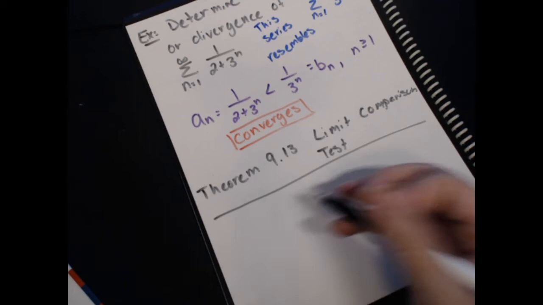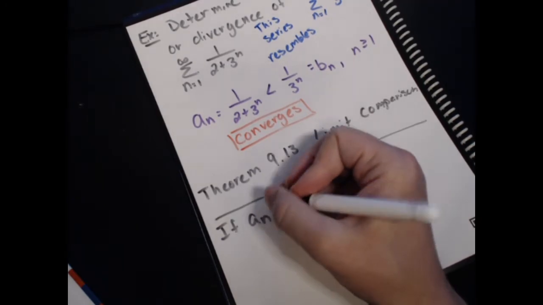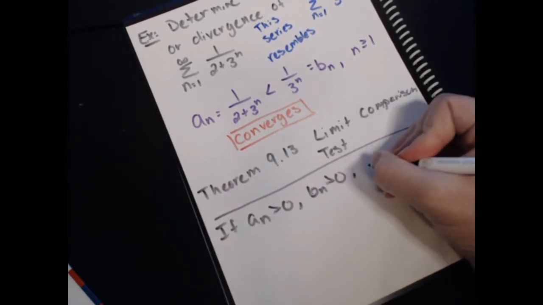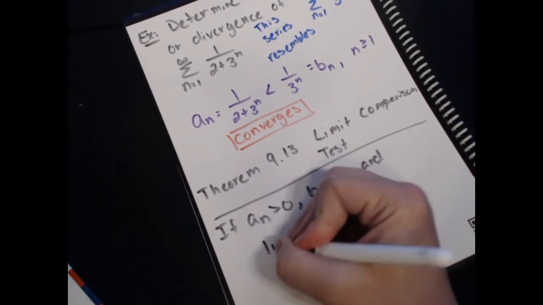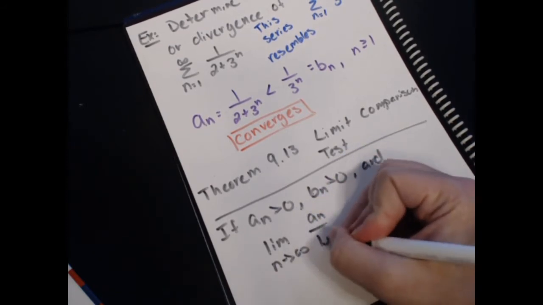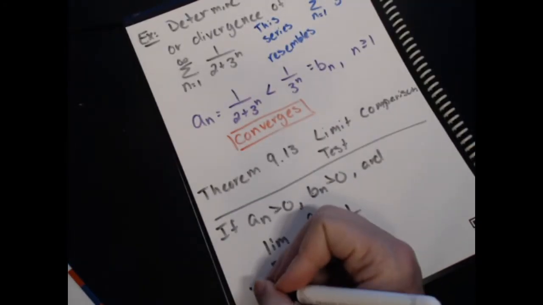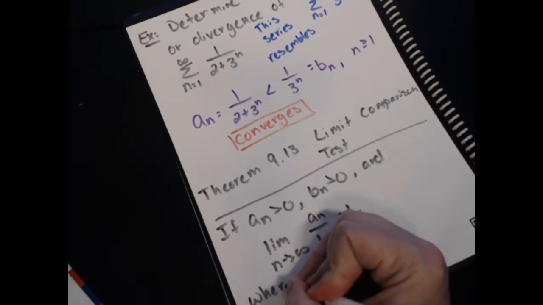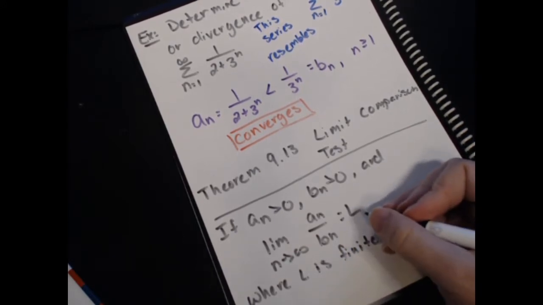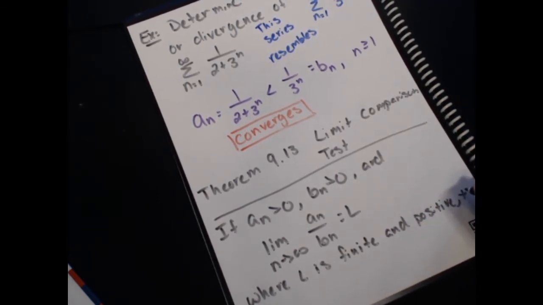And with the limit comparison test, things have slightly changed. If your a sub n is greater than 0 and your b sub n is greater than 0, and the limit as n approaches infinity of a sub n over b sub n equals a limit L, where L is finite and positive, then